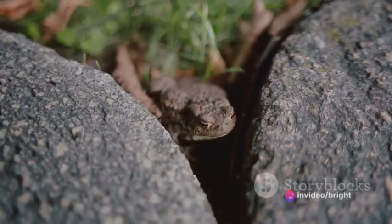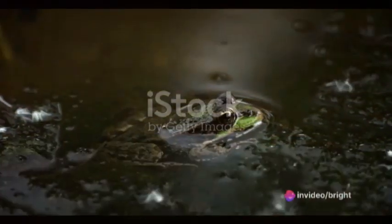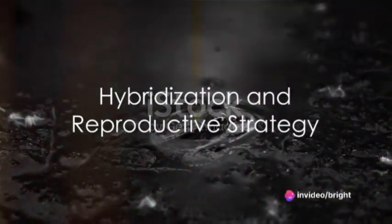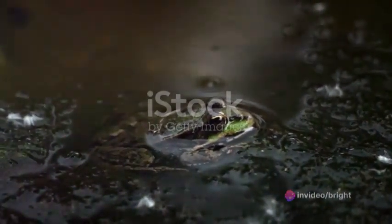This amphibian has a variety of names, including the European dark-spotted frog, European black-spotted pond frog, and European black-spotted frog. The edible frog, scientific name Pelophylax kl. esculentus, is a fertile hybrid of the pool frog and the marsh frog. This hybridization is achieved through a process called hybridogenesis, a unique reproductive strategy that involves the exclusion of one parental